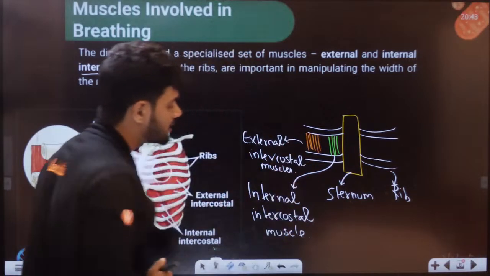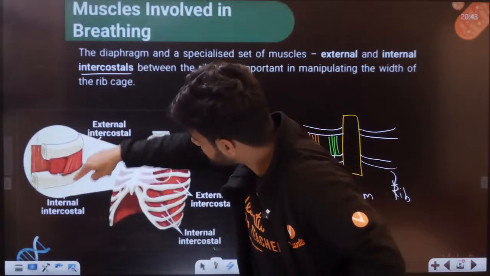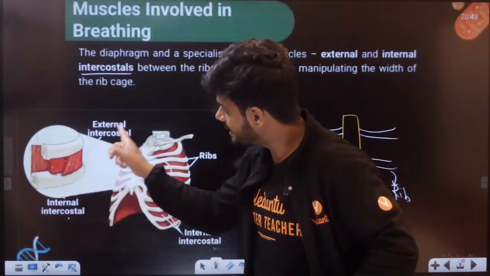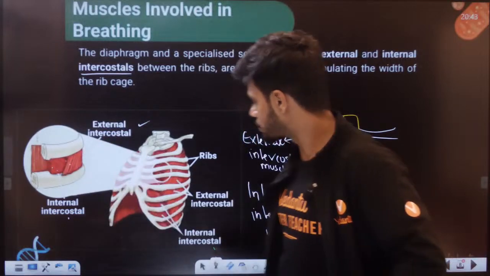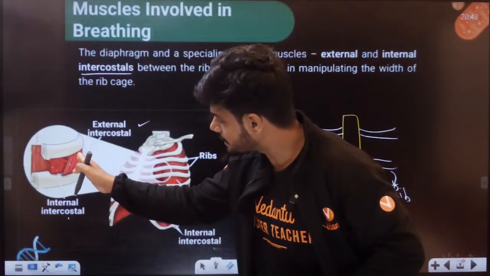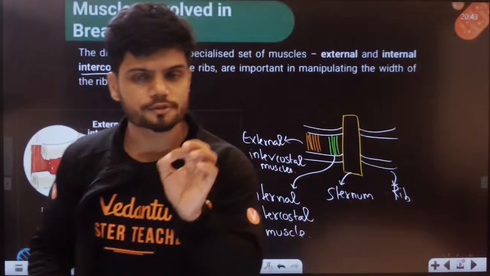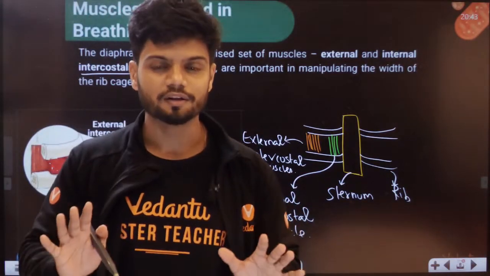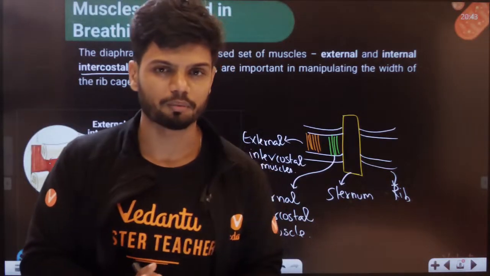Students, please understand these muscles are also involved. देख रहे हो यहाँ पर? One rib, second rib. Between the two ribs, we can see the muscles here. Internal intercostal and external intercostal, students. ये बाहर की तरफ है, उसके अंदर की तरफ ये वाले हैं. So both these muscles are involved in the entire inhalation and exhalation, that is breathing. Breathing में ये सारे muscles का होना proper functioning के लिए ज़रूरी है, students.